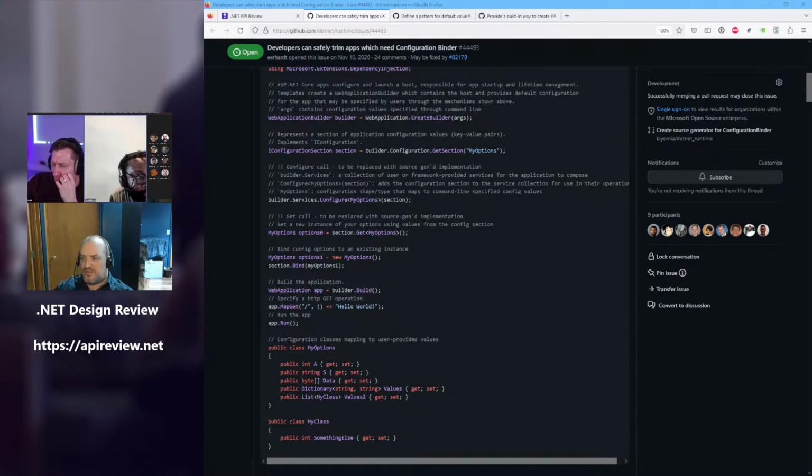So that's this Configure call. The way the source generator will work, and I'll talk about that more, will be to find this Configure method, and the ones where we can determine statically the configuration type. There are a few other overloads, but starting out we're just looking for the ones where we can find the type. Anyway, we're going to generate a replacement for this call, and the way